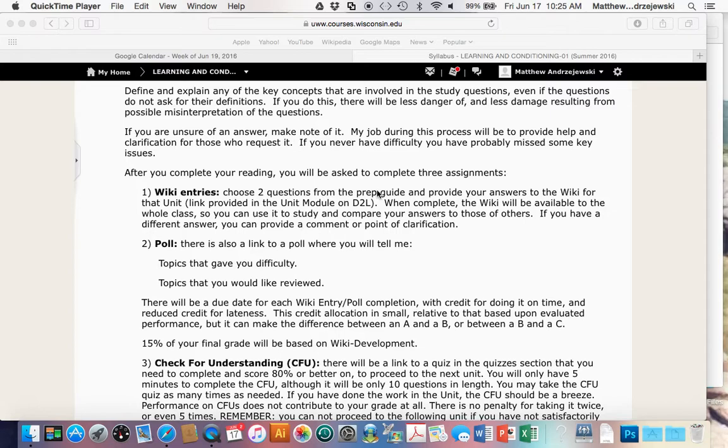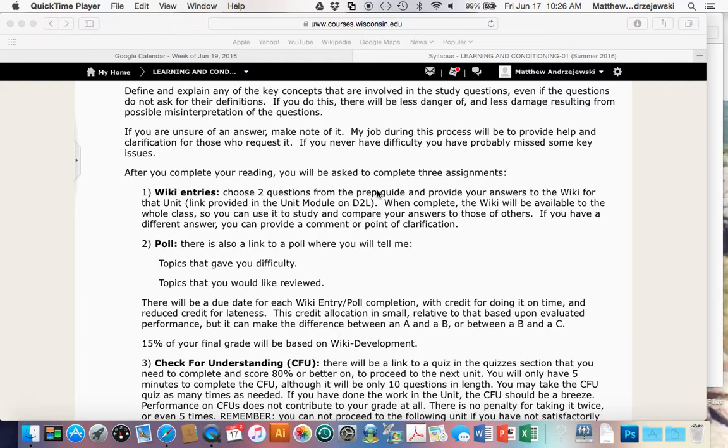I will read the wiki, obviously, and I'm going to also comment on the wiki. There's a place for wiki entries, and then there's also a place for wiki comments. So if you're reading through the wiki and you find something particularly interesting or controversial, or you don't particularly agree with, you can then write comments in there. Or if you want to put fun stuff in there, if you find funny videos online that demonstrate a particular issue or another lecture or something, that's a great place to post it.